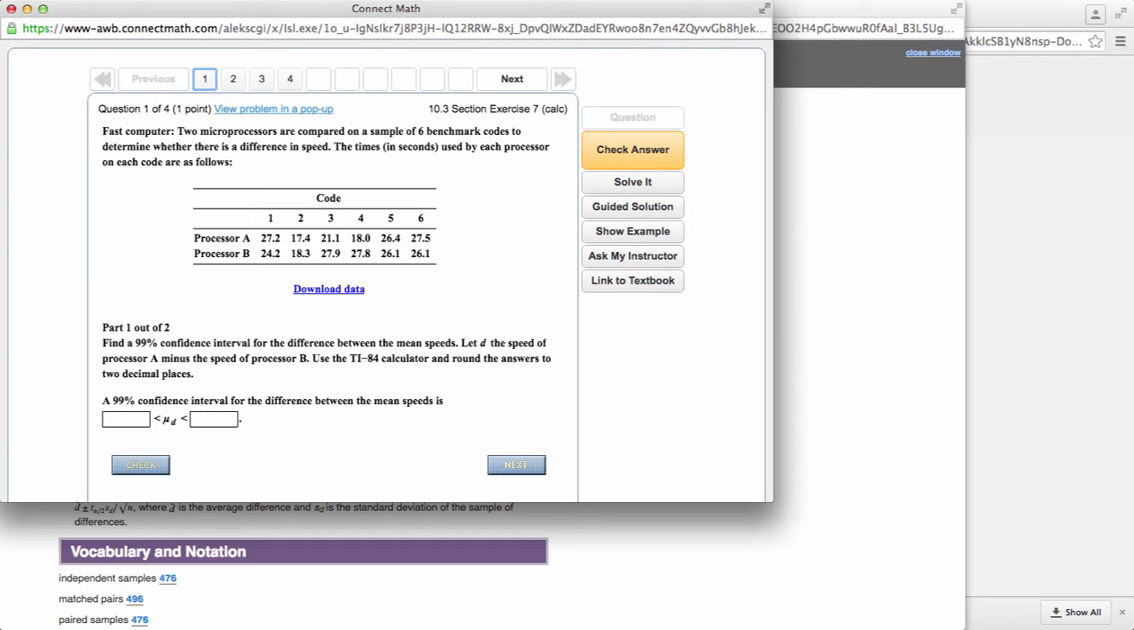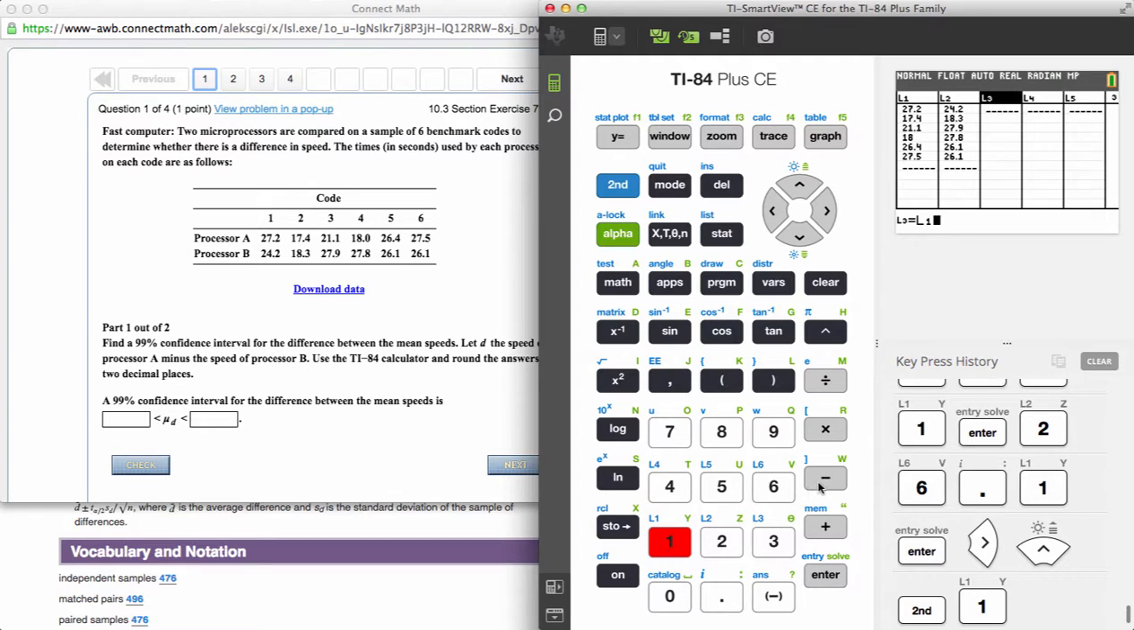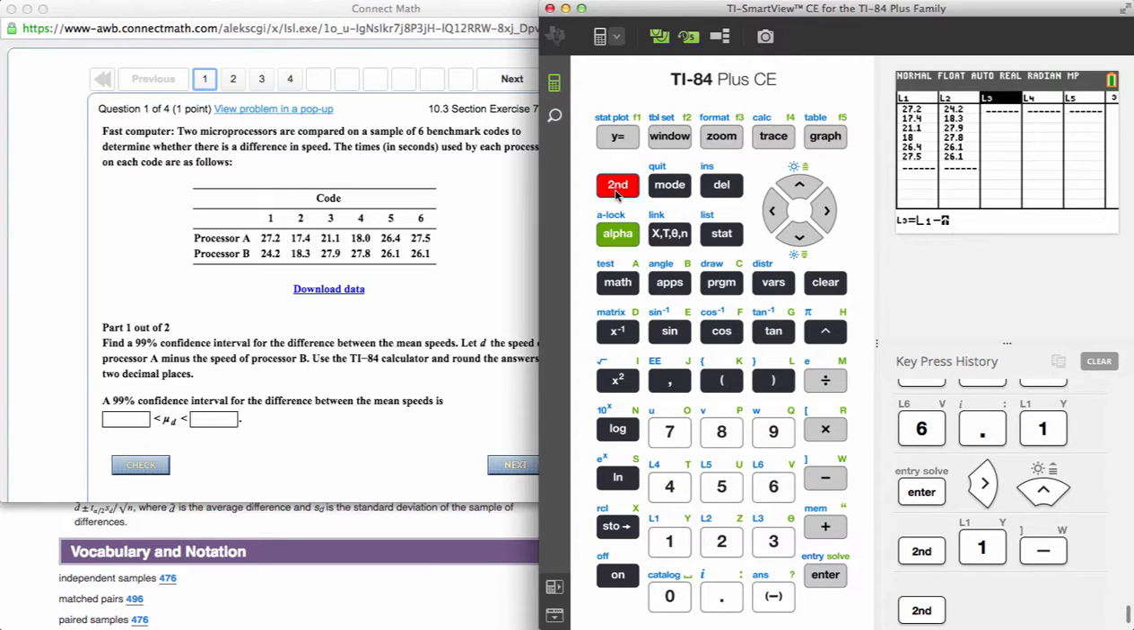So these will be paired samples, so we're going to find a confidence interval for the mean of the differences between the data values. So we'll put the data values for processor A in list 1 and the data values for processor B in list 2. Now, since we're going to construct a confidence interval for the differences, we're going to put the differences in list 3. We'll do that by highlighting list 3 and then pressing second list 1 minus second list 2 and